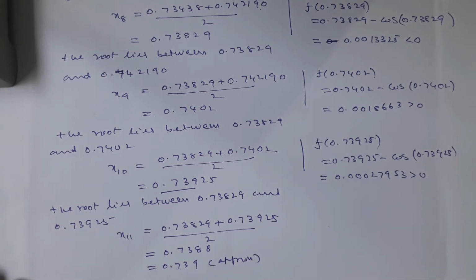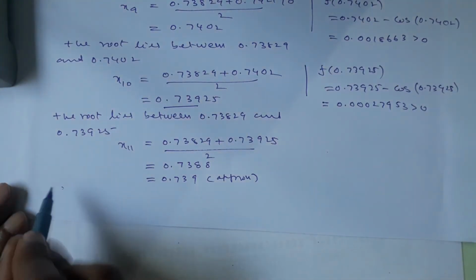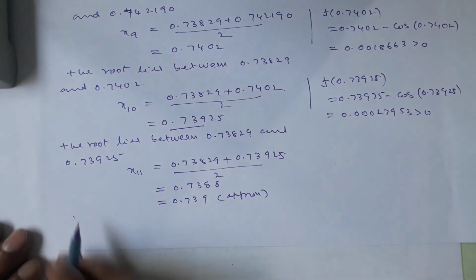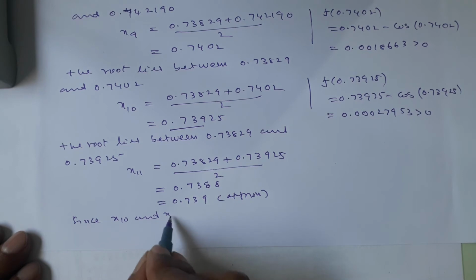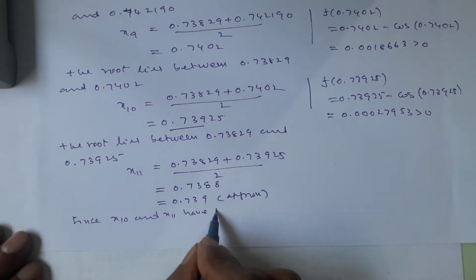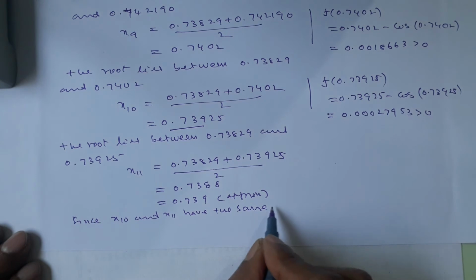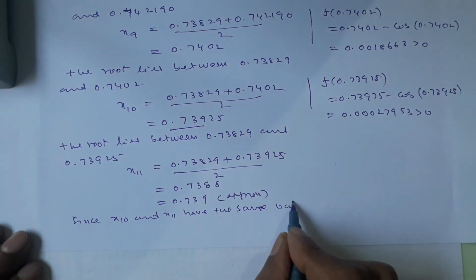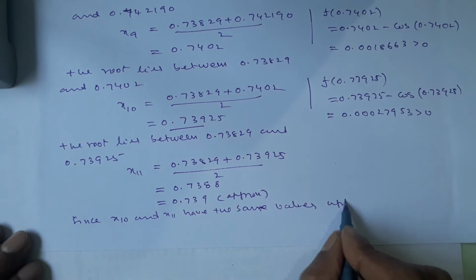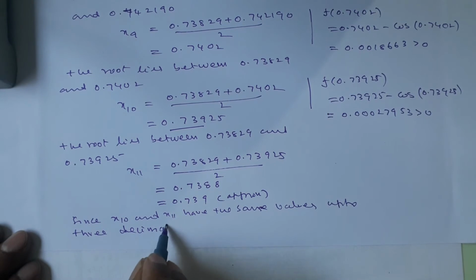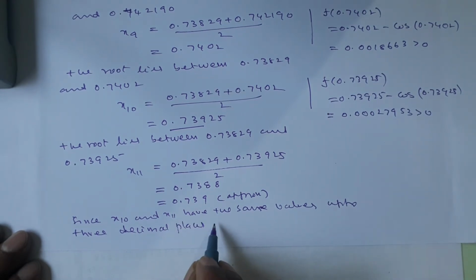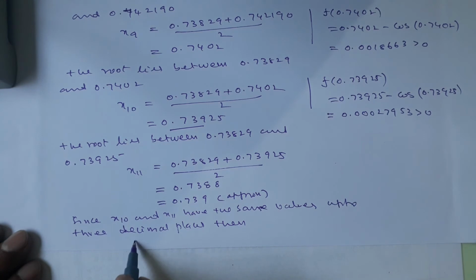So since x10 and x11 have the same values up to 3 decimal places, then x is equal to 0.739